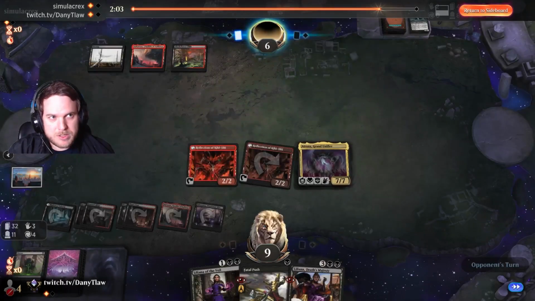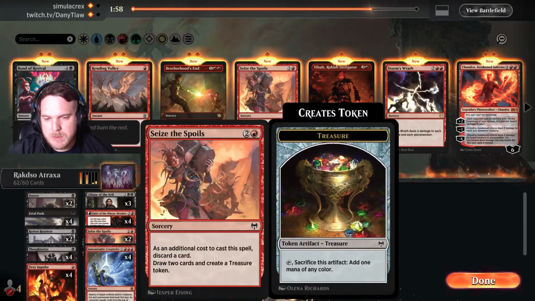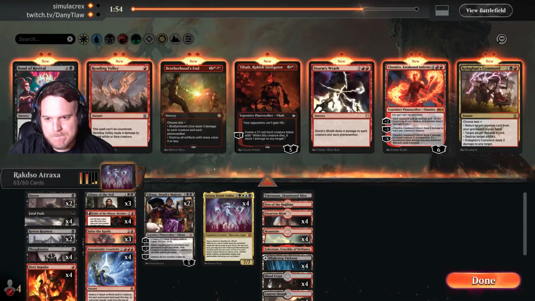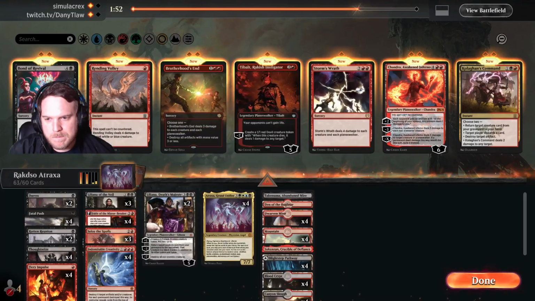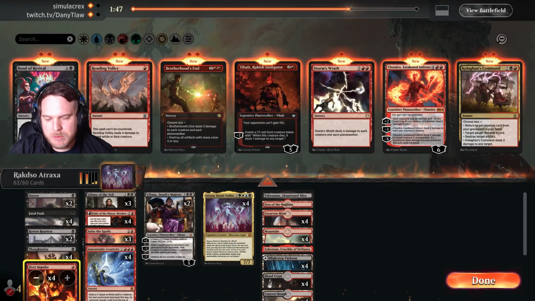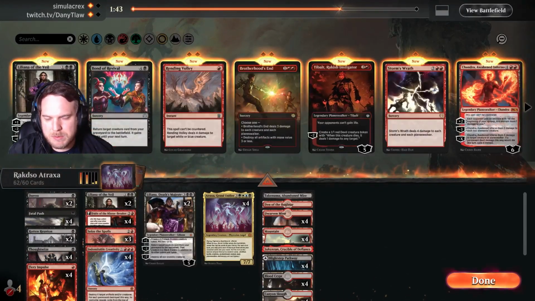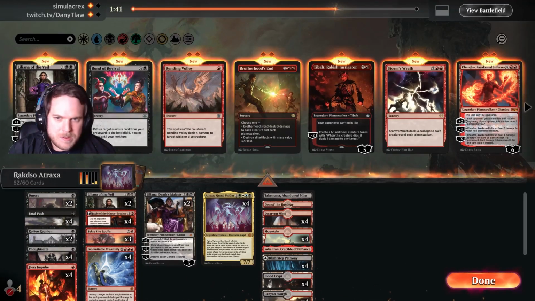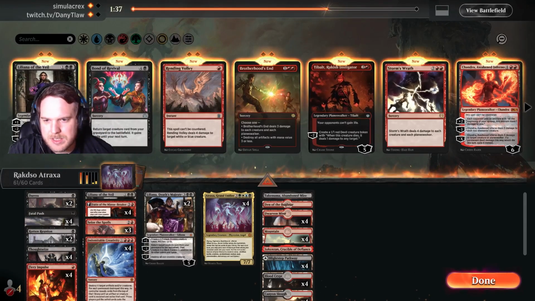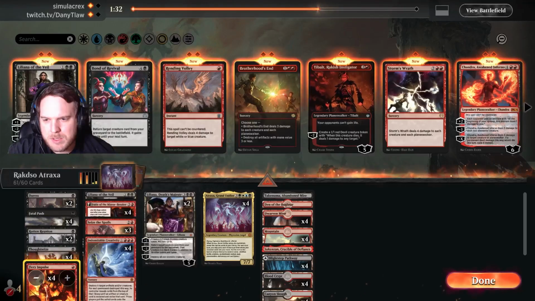So many black cards. Seize the Spoil. It's not that bad, actually. We want to have all the removal cards, though. This is like, I'm gonna cut the Lily. It's probably the weakest. I'm gonna cut 2 Lilies on the draw. Also Fairy Impulse can be quite...